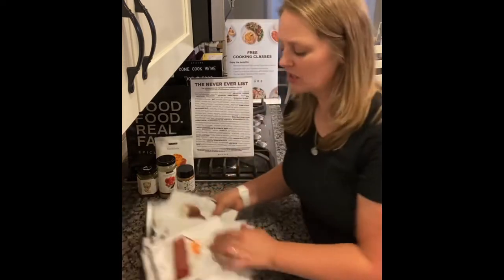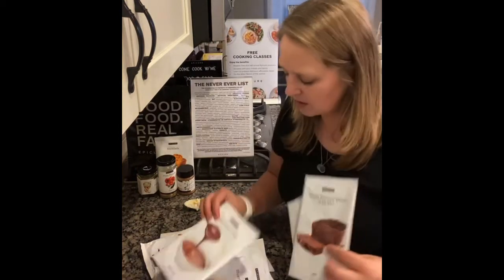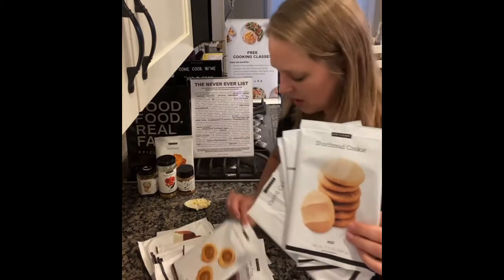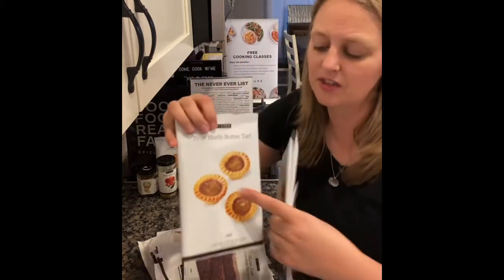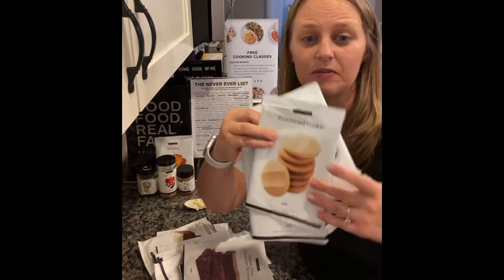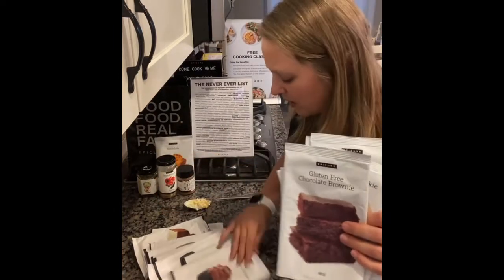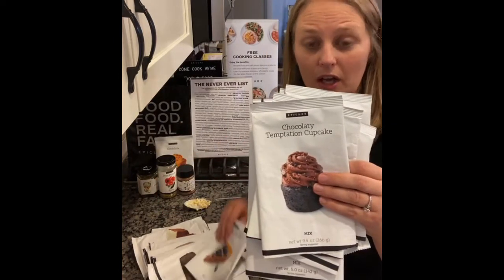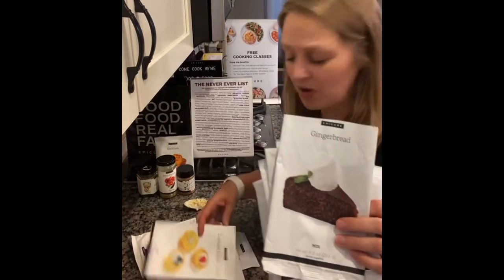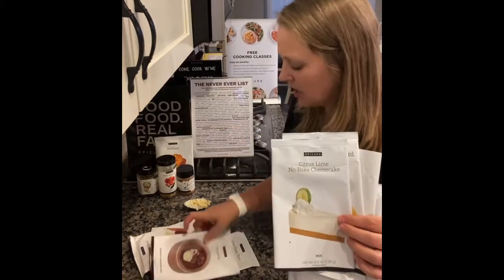Desserts. I shared, we have a carrot cake, a sweet banana muffin, a chocolate fudge, and a shortbread cookie, that's a new one. We have this True North butter tarts. It's the filling, and a lot of us are using this cookie to make the tart shapes, you know, make it super easy. We have our brownies, chocolate cupcakes, chocolate mousse, gingerbread seasonal, luscious lemon, citrus lime no bake cheesecake,